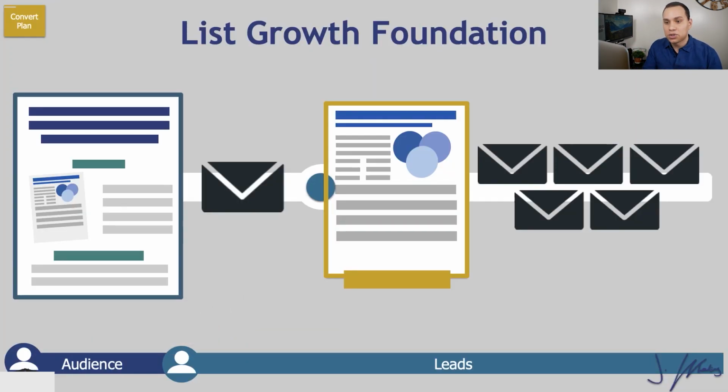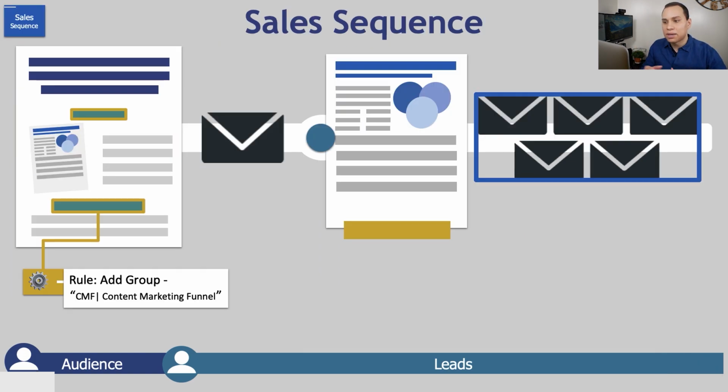Now it's time for us to move past our convert plan because we've collected that email address. Now it's time to set up our 3 automation sequences. The first one is going to be our sales sequence. This is the 5 to 7 email sequence that will go out. I'm going to try not to say sequence so many times. It will be sent out as soon as someone enters their name and email and after they receive their lead magnet.